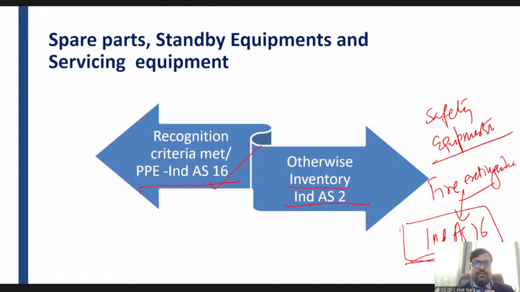Sairam has asked one question. Sir, what if at the time of purchase, a machinery is used for producing goods which is allowed by the government, but after some period, the government has banned the product that the machinery produces, then what will be the treatment and when do we recognize the expense? So Sairam has asked a very good question. First of all, Sairam, we are talking about the recognition criteria. And when I say recognition, it means first time recognition, right?